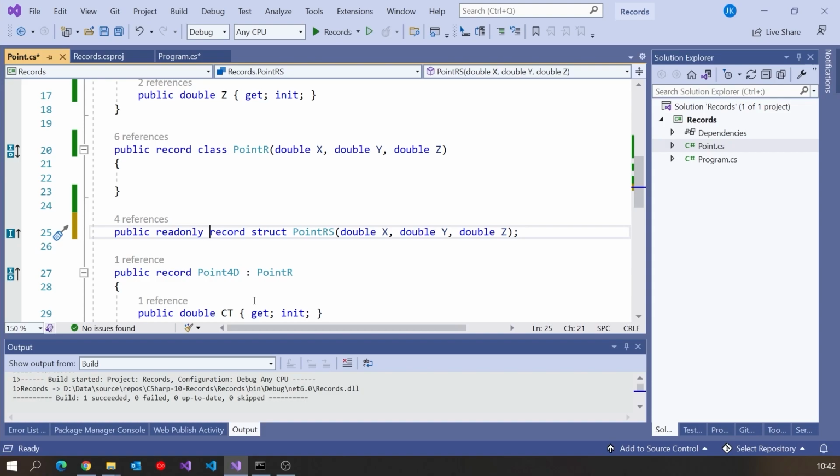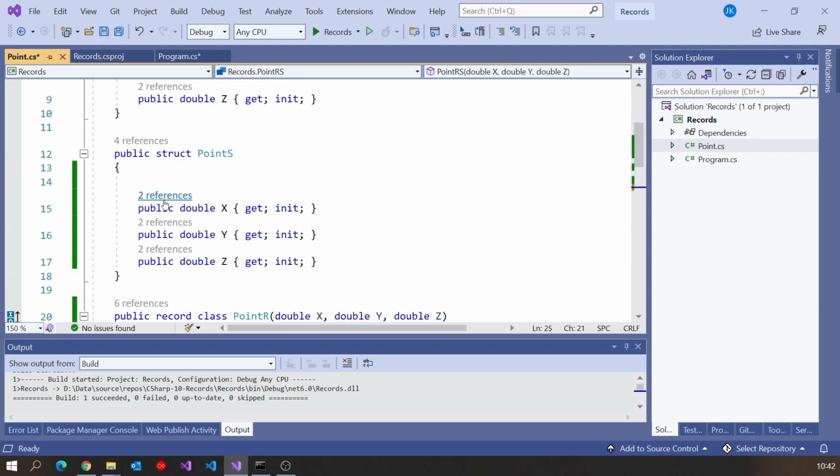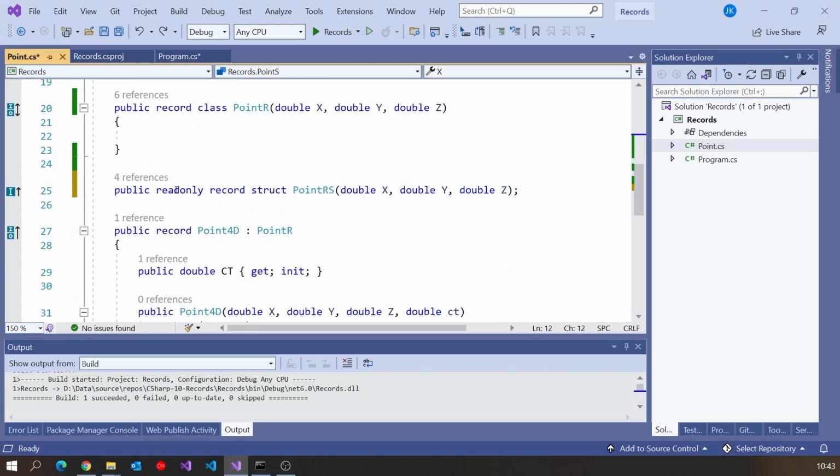And that will simply change it to be immutable. So it's always the case with the record class. Actually, you could previously have put read-only on an ordinary struct. That's been around for quite a while, and that would simply then force you, when you're writing the code for yourself, you wouldn't be allowed, for example, to have a public set on there because we've said it's read-only. So read-only is not an entirely new feature for structs, but we can now put it on